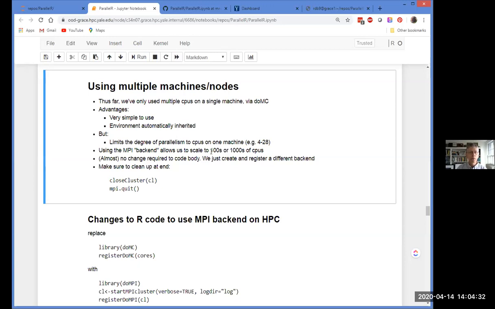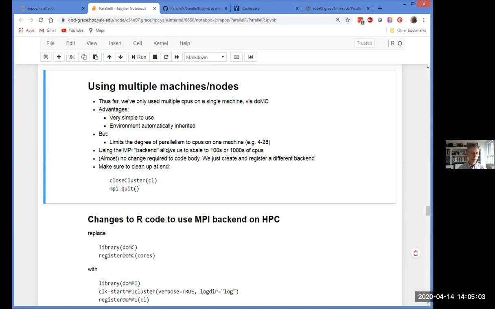As I mentioned near the beginning, there are a number of different backends, including doSNOW, doParallel, doMPI. It's my advice that if you're running on one of our HPC clusters and you want to run on multiple nodes, you use the doMPI backend. The reason I suggest that is it integrates with Slurm really nicely.